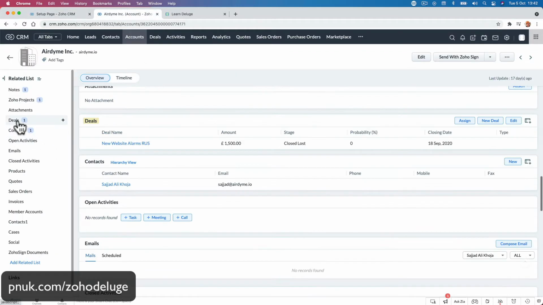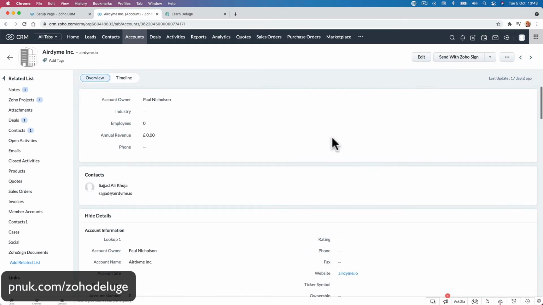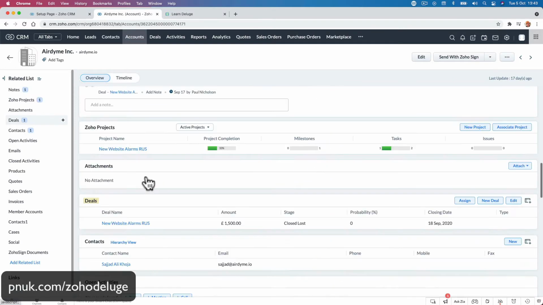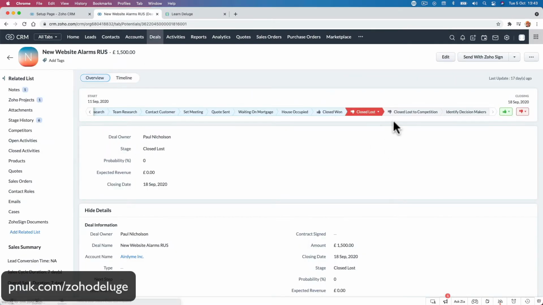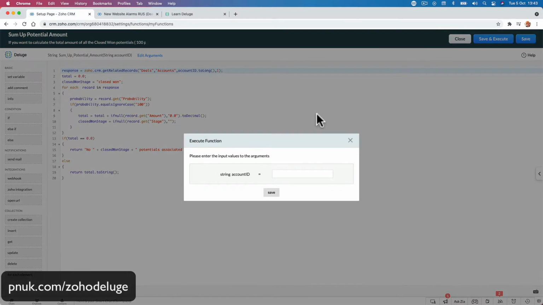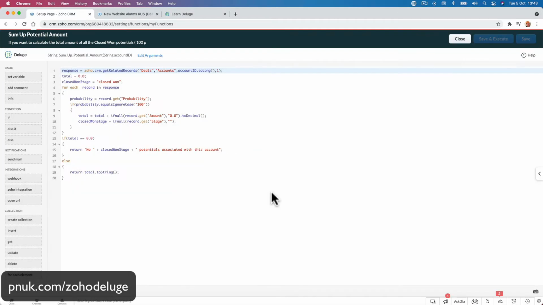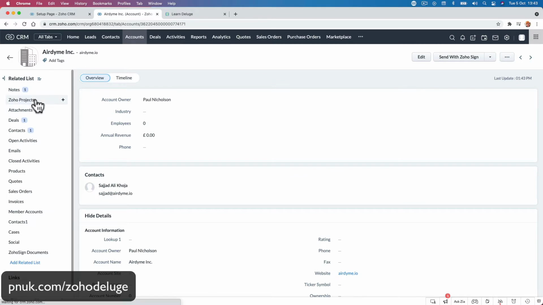So what we're going to do is go here. We lost it. Let's go at the top. Are we in the deal there? Oh, no, not in the deal. Let's go to the deal. We're going to make it closed won and save it. So now when I execute that again, now we've got a won deal, it's going to say $1,500, right? Then we're going to go back and do,